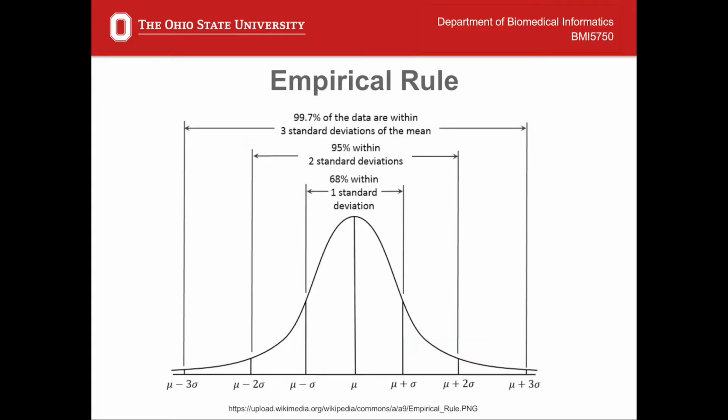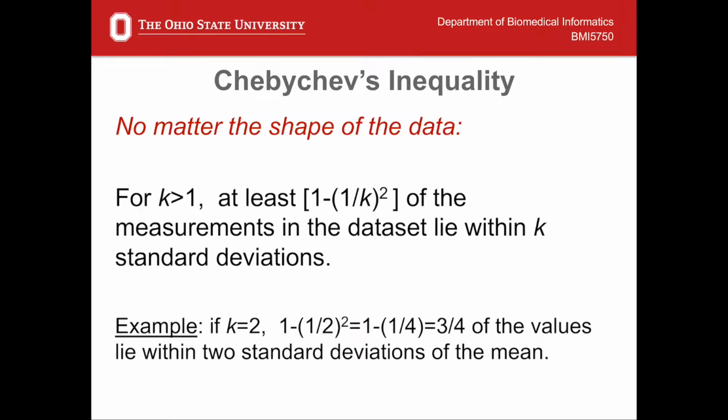This is a figure showing the empirical rule. So this is the mean, and this is the range minus 1 to plus 1 standard deviation. 68% of data lie in this range. There's another